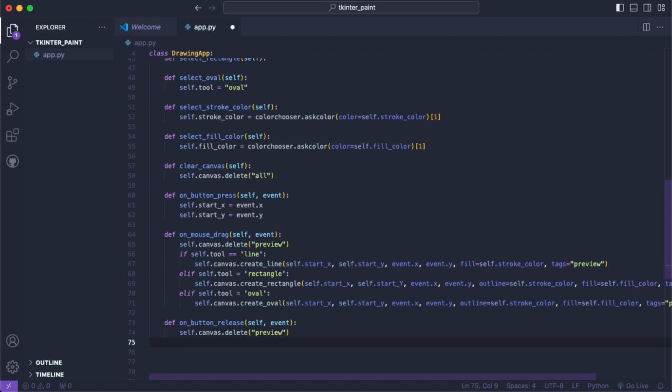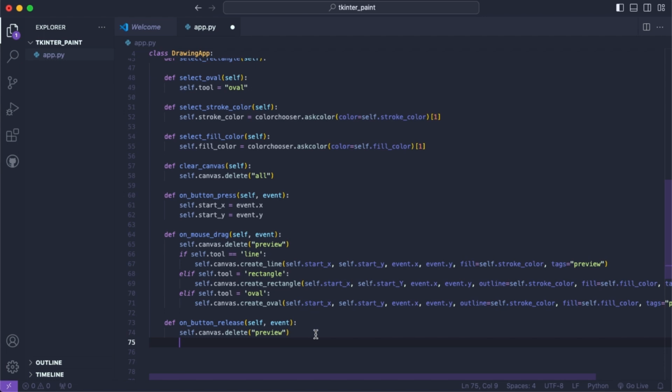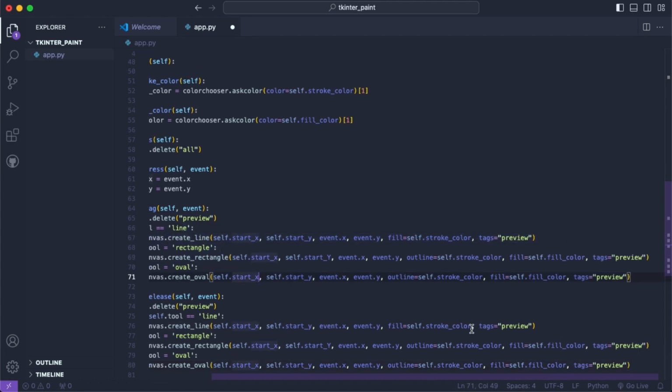And then we are essentially going to be doing exactly the same, but we are not including the tags. And that is because we are not going to be creating previews anymore. We are actually going to have a created product on the actual release. So now if we copy all of this and paste it in here and then remove the tags,